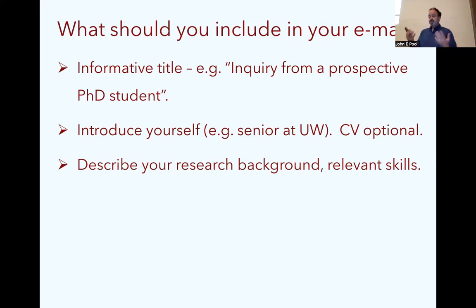And it's worth pointing out skills that you might have picked up along the way, either in the email or, if not there, you could put it in the CV if you're including that. That makes some difference anyway. Make sure you've conveyed why you already have at least some relevant background to work in their lab. Faculty have to expect that most of what their students are going to need to know, they're going to have to learn in grad school, in terms of conceptual background and skills. But the more you can say about what you've already got, the better.